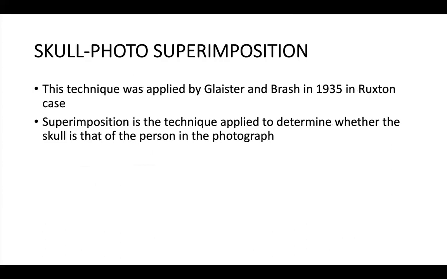Okay. Then skull photo superimposition. This technique was first applied by Glaister and Brash in 1935 in the Ruxton case. In that case, these 2 persons, Glaister and Brash, applied this technique in 1935, skull photo superimposition. So superimposition is a technique applied to determine whether the skull is that of the person in the photograph. A photograph is kept,